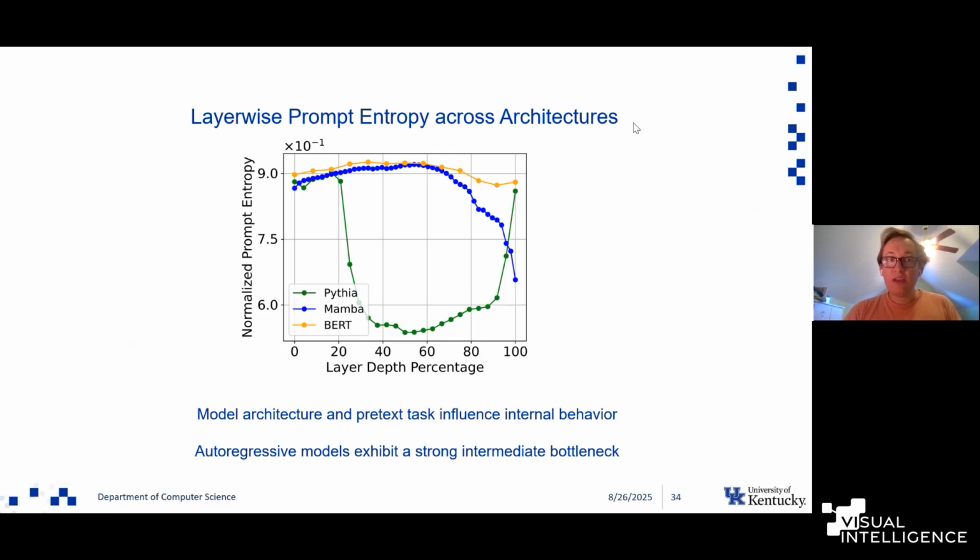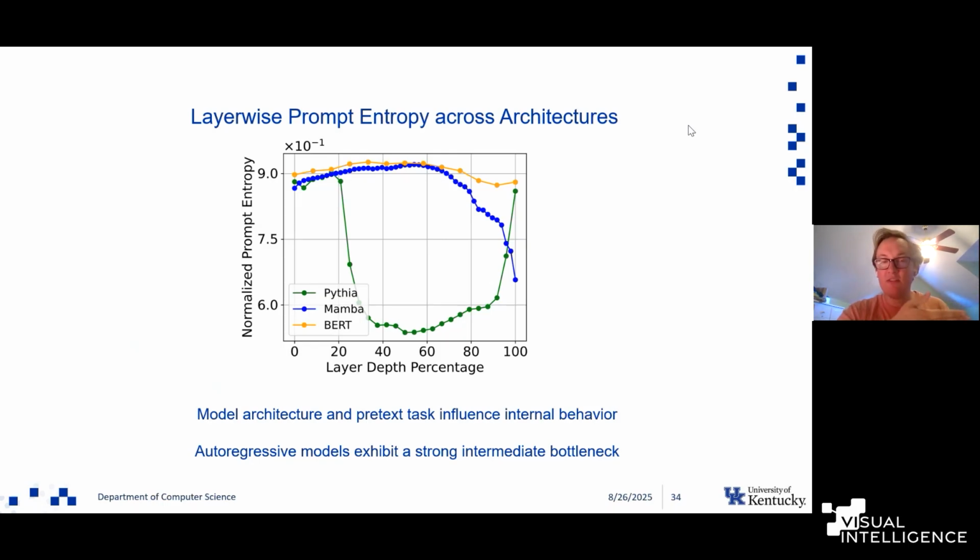We can measure this prompt entropy across the layers, just like we did earlier. So we'll visualize this again for the accuracies. I'd like to take a moment and just linger on this graph and really dig into the details here. We're showing these three different model families again. Let's start by looking at the Pythia model, which is the green line here. This is again a next token prediction decoder-only style model, just like GPTs.